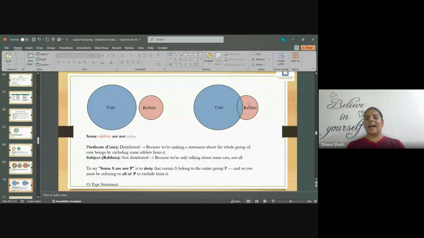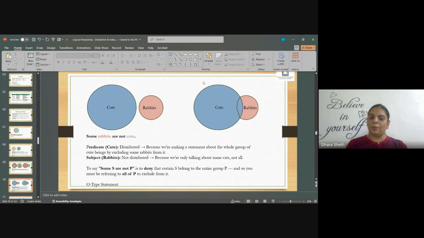These rabbits are not there in the entire group of cute beings. It would take a moment for you to understand. Think again. Our subject is these rabbits, not the common rabbits. In this possibility, there are no common rabbits. So these red rabbits, which are not cute rabbits